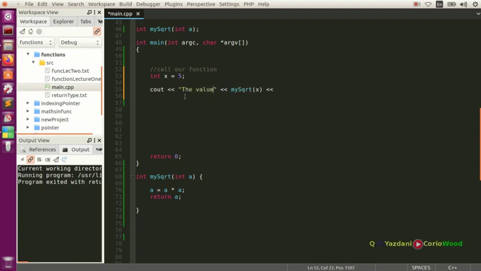The value of my square root, our function, is, because that's a value of the function, and because we are passing this value to the function, and here we're gonna put the actual value of x. So at the first one, because we are calling this function with the parameter int a, and we